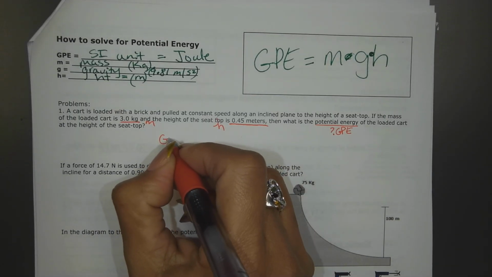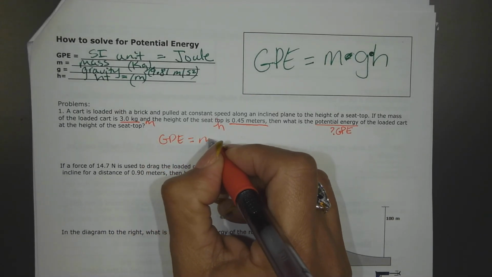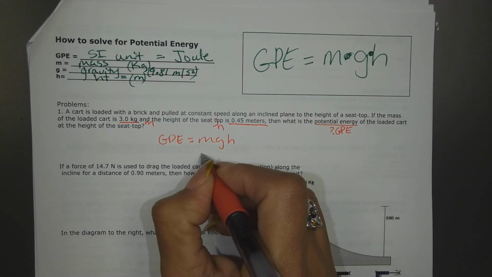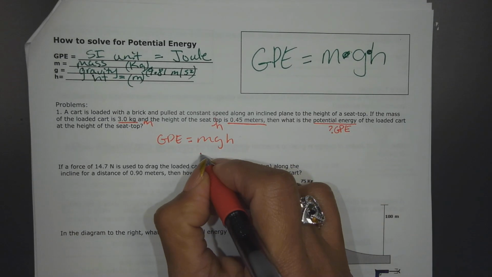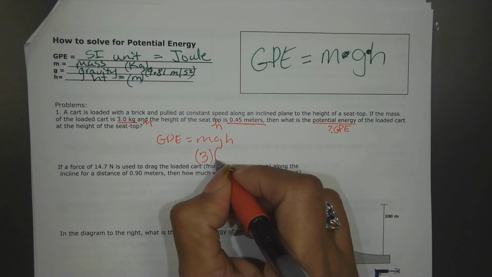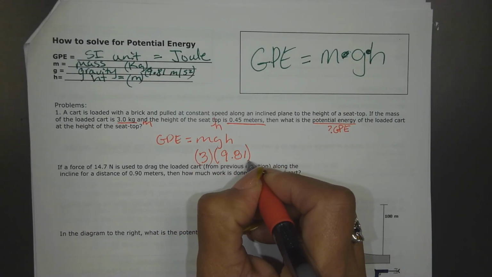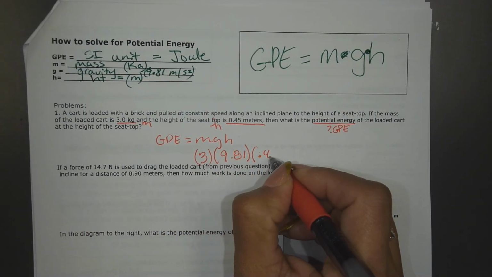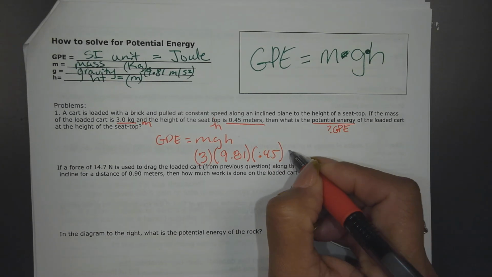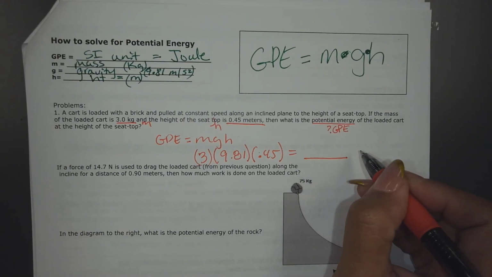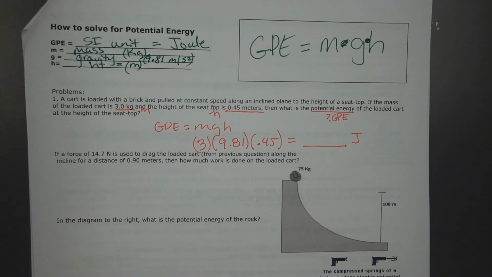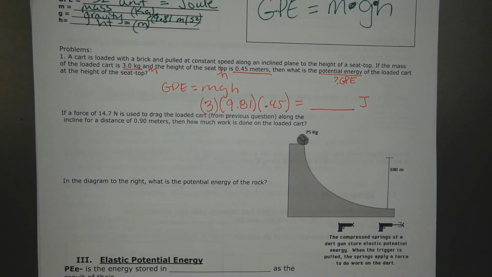Okay, so GPE equals MGH, and they don't need to give me G because I already know that number. M is 3, G is 9.81, and then H is 0.45 meters. My major concern would probably be just to make sure that nothing is in the wrong unit, and that would equal blank joules. But the next question says, if a force,